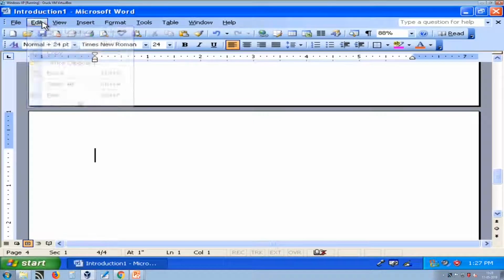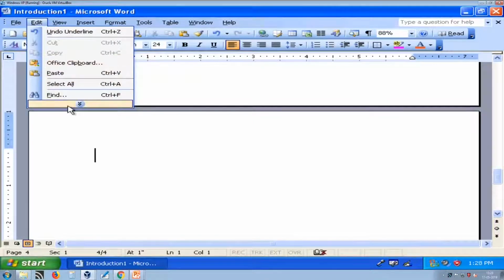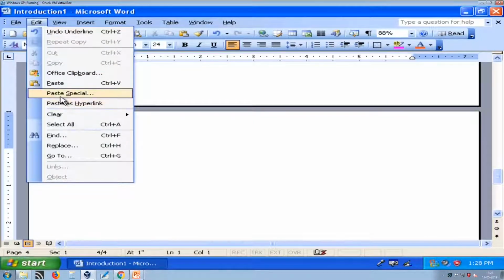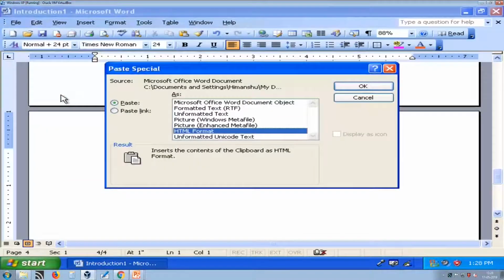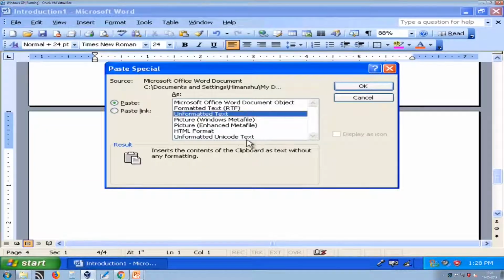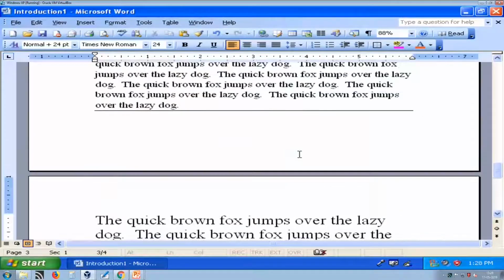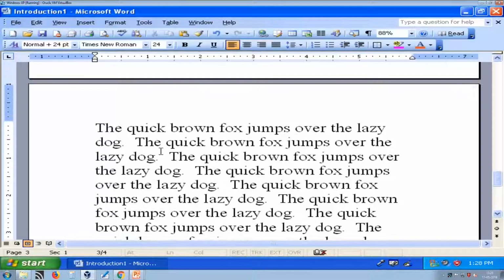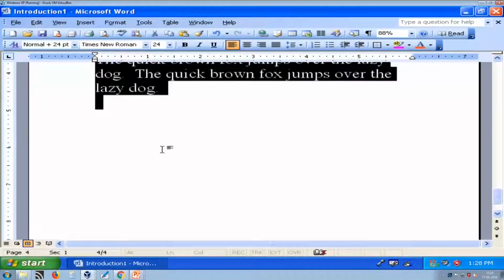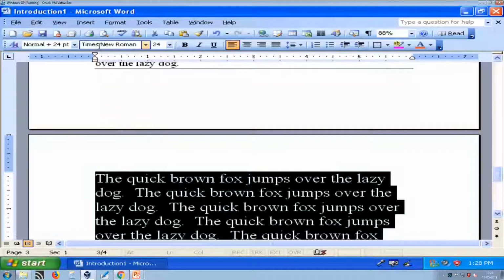So, what I can do is paste special. Instead of paste, I can use paste special, and here I can use unformatted text. If I paste as unformatted text, all formatting will be removed and only text is available. So, this is how you can use paste special.